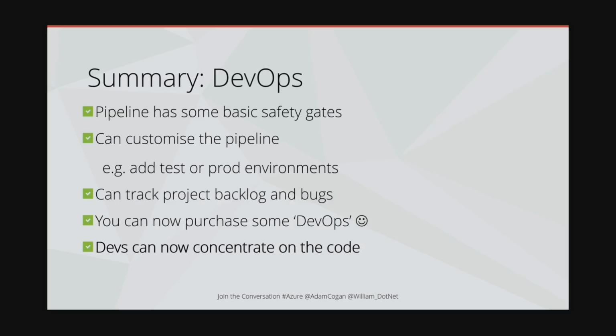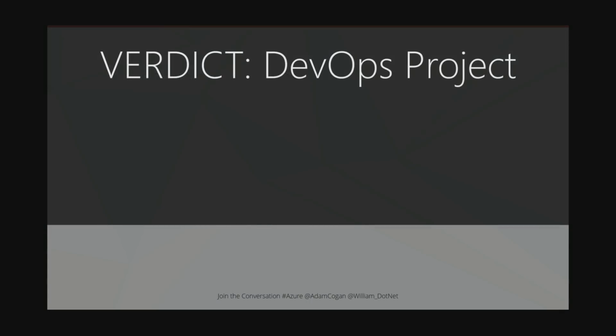But the important thing for Jason is getting up and running. He didn't do much. He just created that project and got coding, so he can concentrate on his code. The only downside I can think of is that you don't see this being used on every single DevOps project, every single Azure project, such as Logic Apps and others. So the verdict is